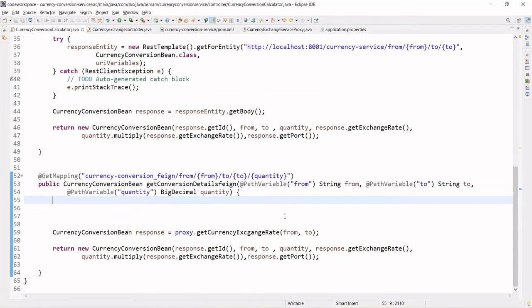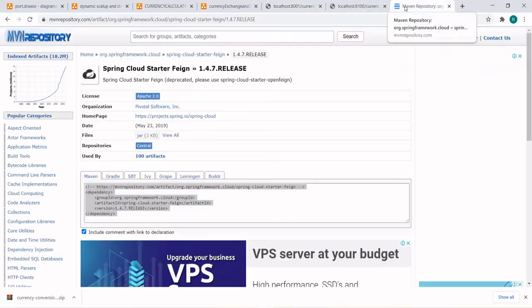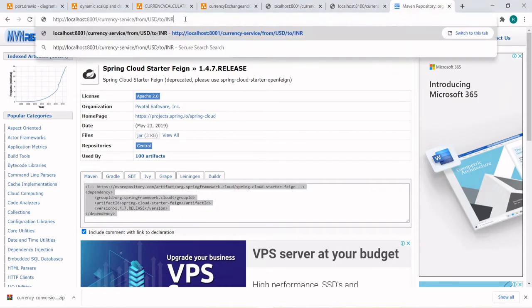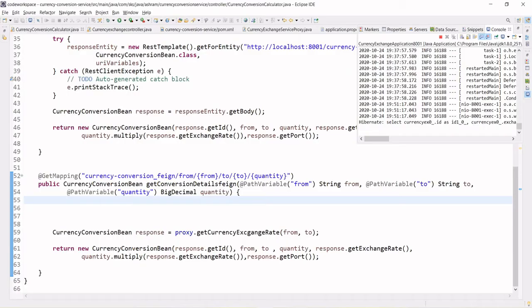Let's run this, save this, go to the browser and first run this currency service using the REST client. It's working fine. Copy this, Control C, and paste here, and instead of currency service, what was the name we had given?